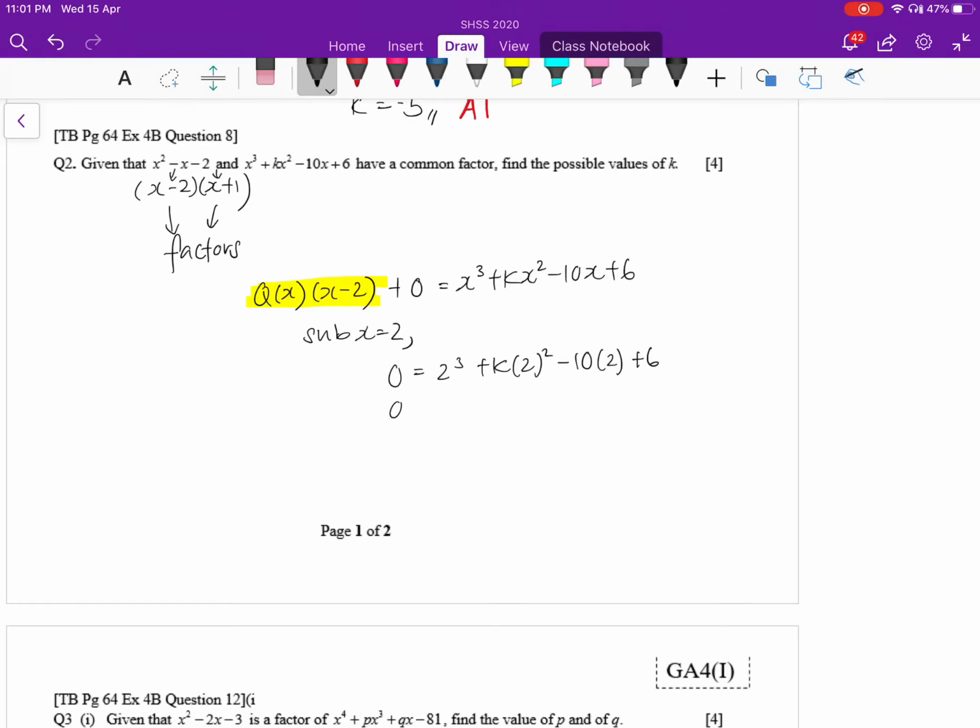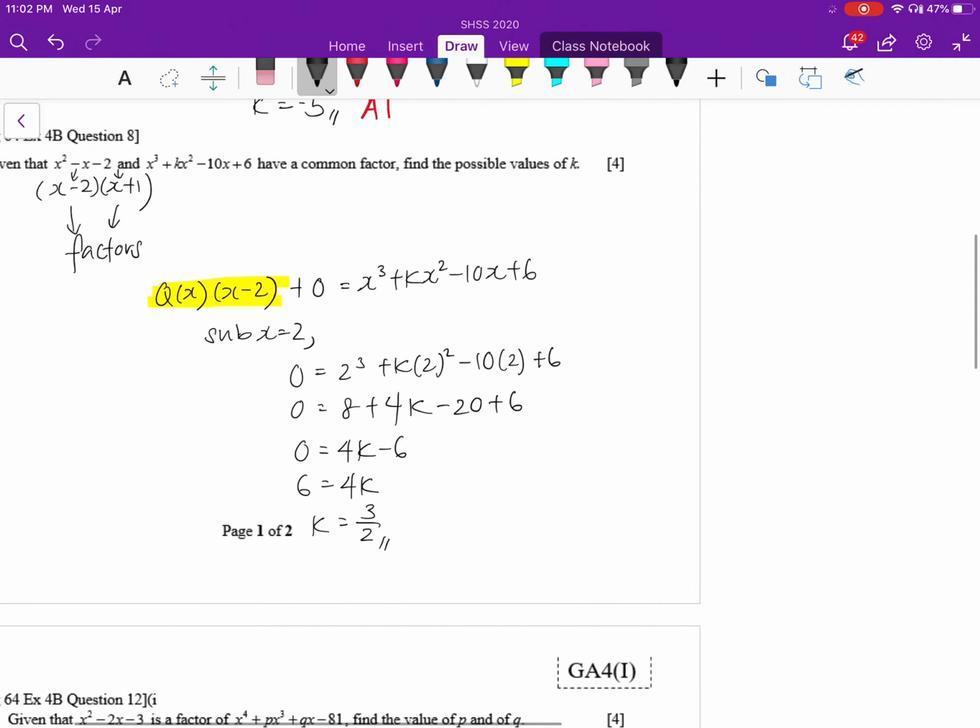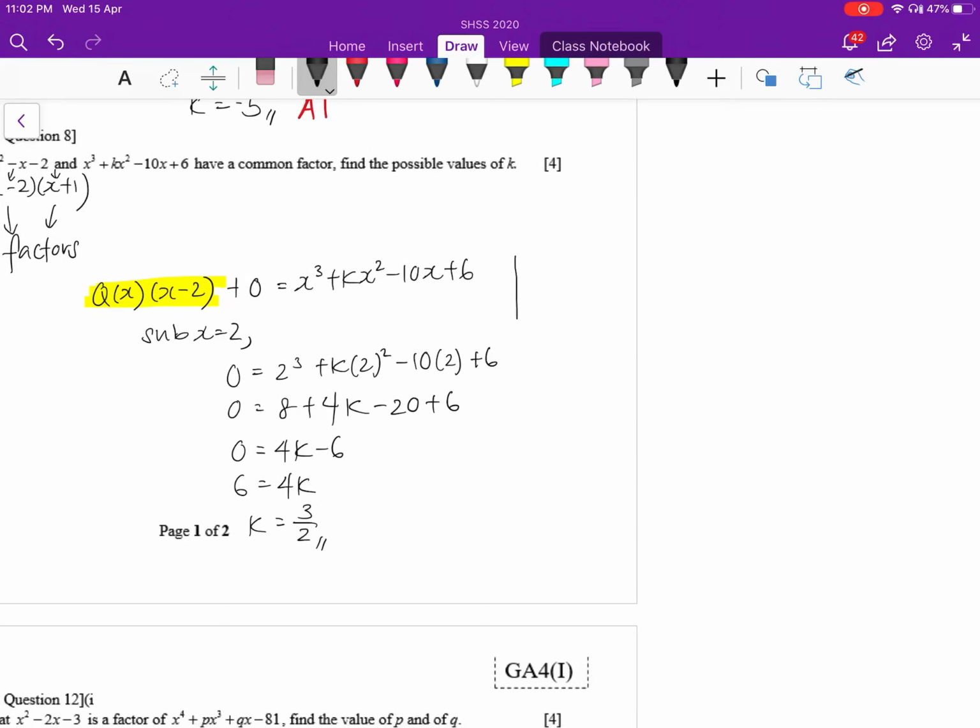Very simple. 0 equals to 8 plus 4k minus 20 plus 6. Now if we try to solve this, 8 minus 20 plus 6 will give us minus 6. 4k minus 6, bring over the 6, equals to 4k. k equals to 6 over 4, which is 3 over 2. Final answer. I have another factor, which is x plus 1. So I'm going to repeat the same process again. Qx times x plus 1 plus 0, because the remainder is 0, is equals to x cubed plus kx squared